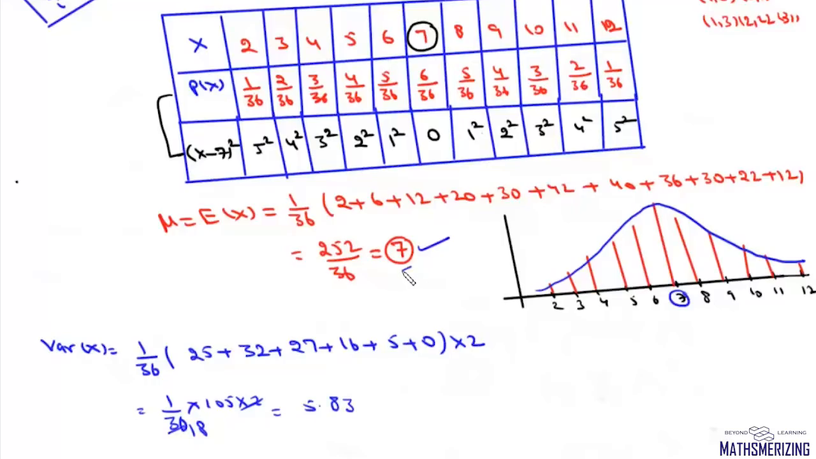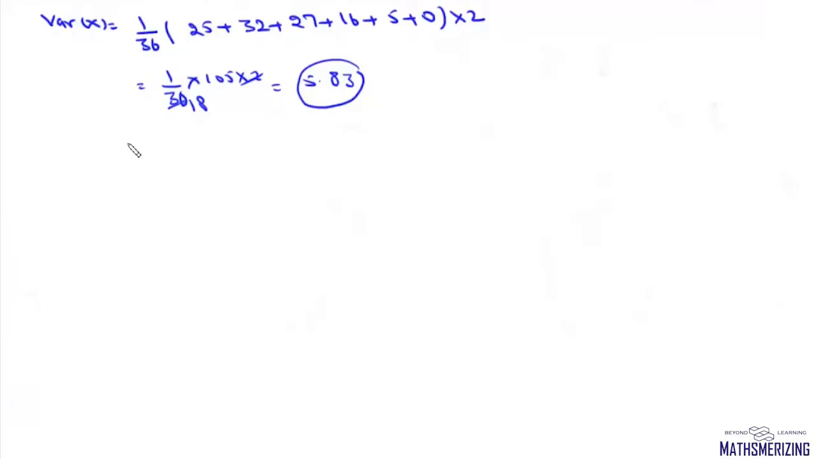So the mean of the random variable is 7 and its variance is 5.83. Now there will be situations where this random variable may have continuous values. So for a continuous random variable, say x, we define this function, say fx, from R to 0 to infinity, and we call this function fx as